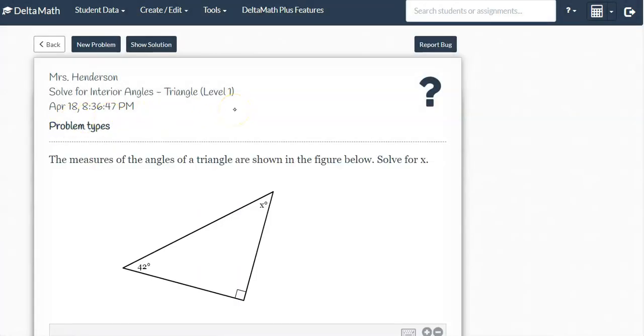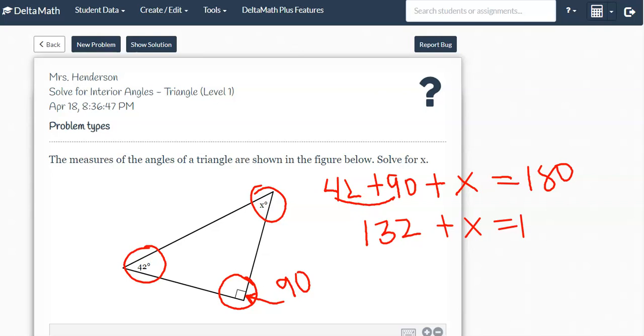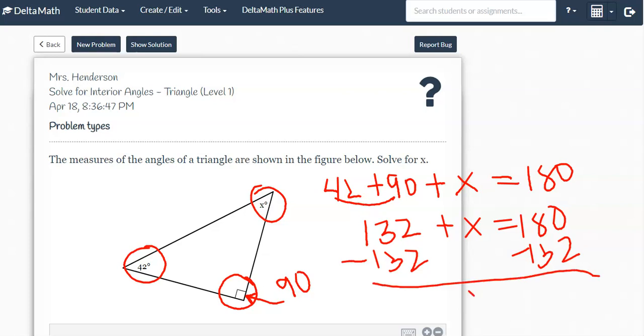So what you learned this week is that the interior of a triangle always adds up to 180. All three angles add up to 180 degrees. So if I know this one is 42, and I know this one because of that box, so this one is 90, then 42 plus 90 plus my mystery angle, they all have to add up to 180. So these two make 132. And I just use a little bit of algebra here,